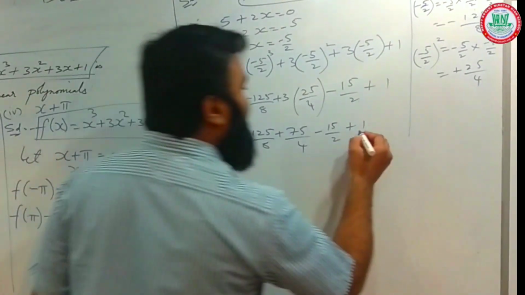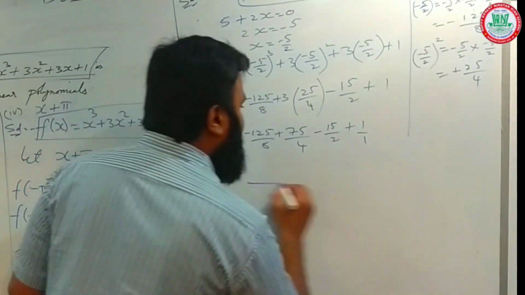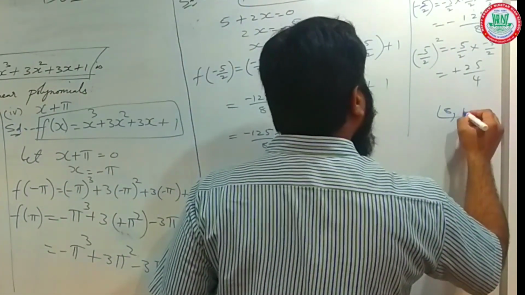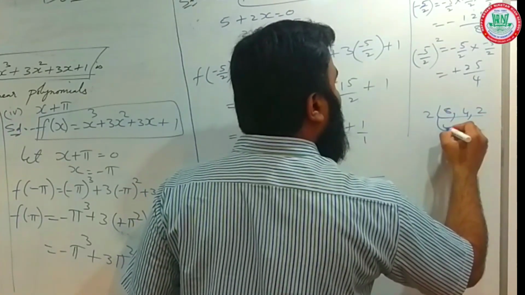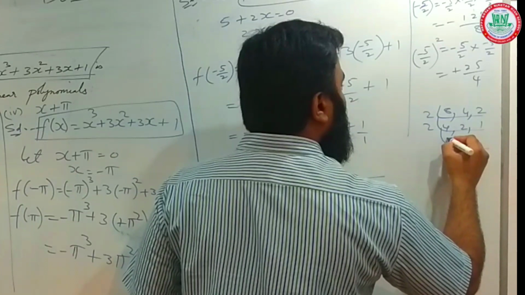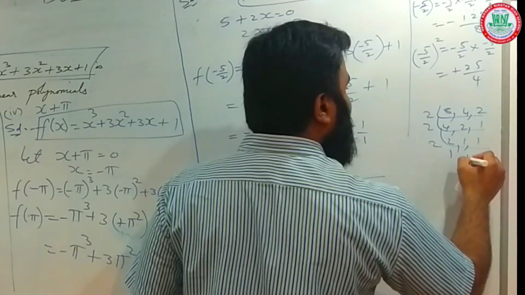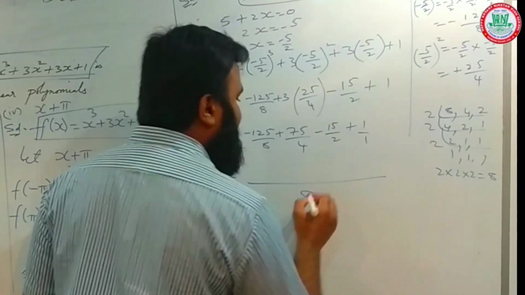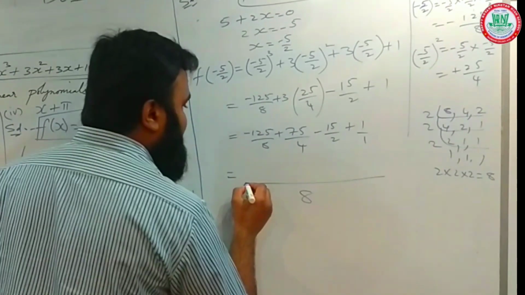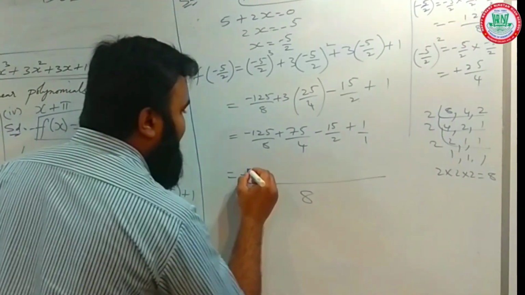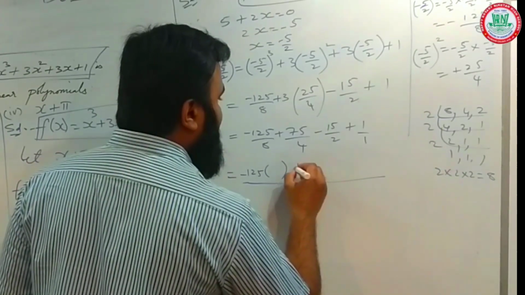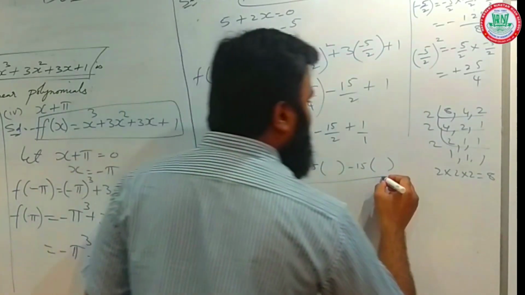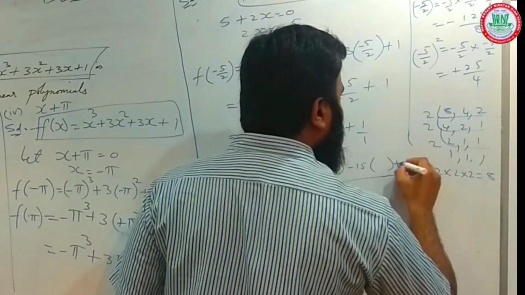Now we have to take out the LCM. Here the LCM is what? Let us check here in the rough work. 8, 4, 2. So 2 4s are 8, 2 2s are 4, 2 1s are 2, 2 2s are 1, 1 as it is, 1 as it is. So the LCM is what? 2 into 2 into 2, 2 to the 4 to the 8. 8 is the LCM. Okay. Now the same method we need to follow that I told you earlier. Minus 125 as it is in a bracket, then plus 75 as it is in a bracket, minus 15 as it is in a bracket, plus 1 as it is in a bracket.